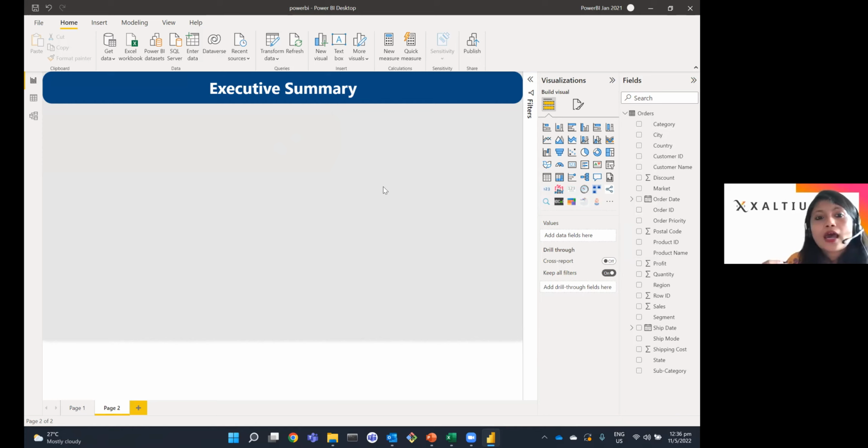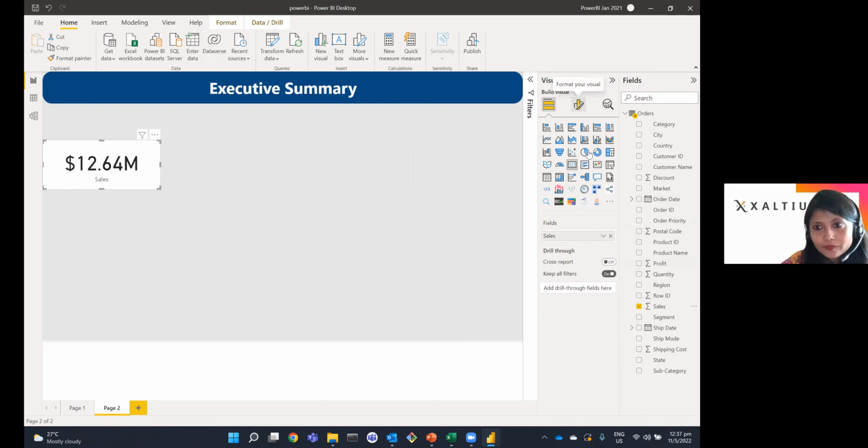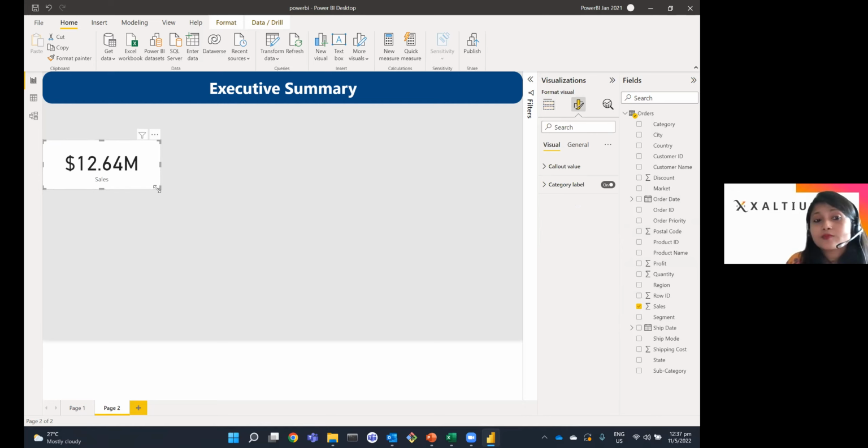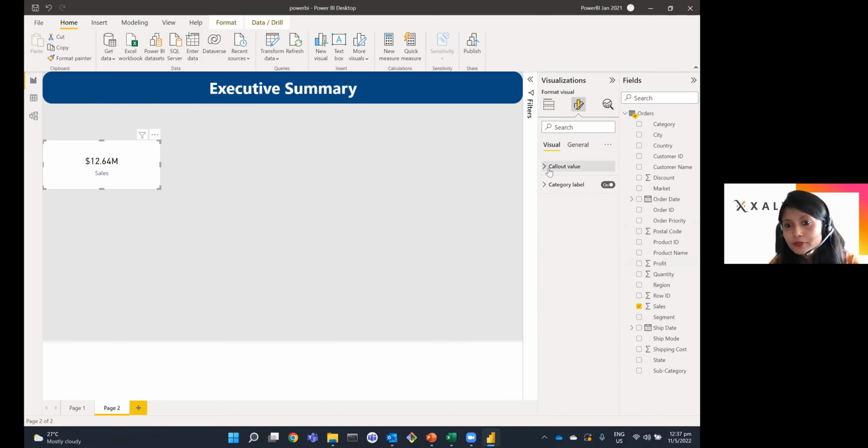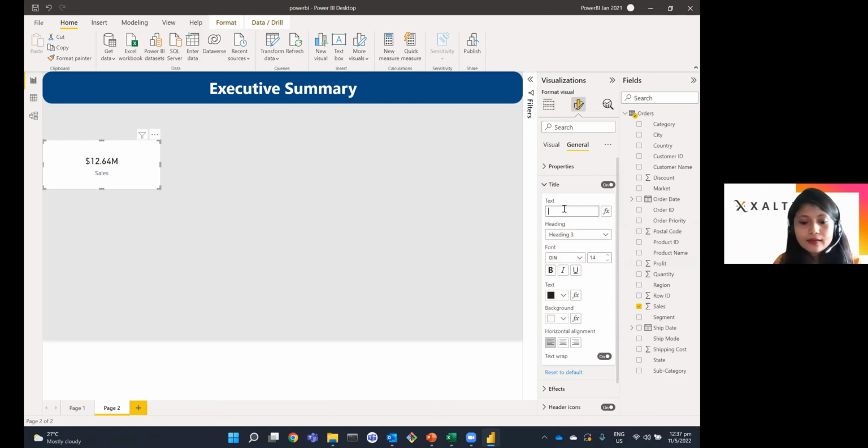the metrics, right? I probably want to show the metrics using something called a card in Power BI that shows the total amount of sales that this organization have generated, and doing a bit of formatting to this also, which shows me that the total amount of sales that is being generated is around $12.64 million. I want to firstly decrease the size of the value, and then probably do a bit of formatting to this, where I add in a title to the card, which shows anybody who looks at this report later what exactly this card is showing.